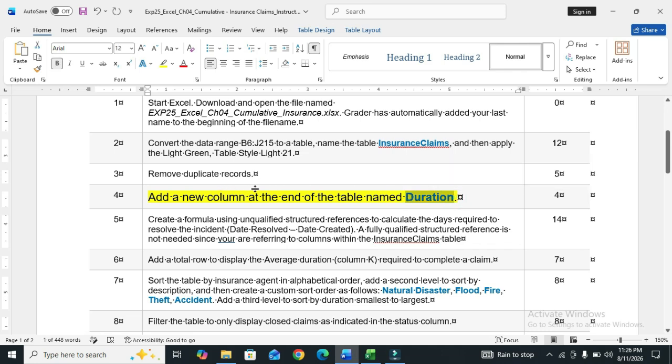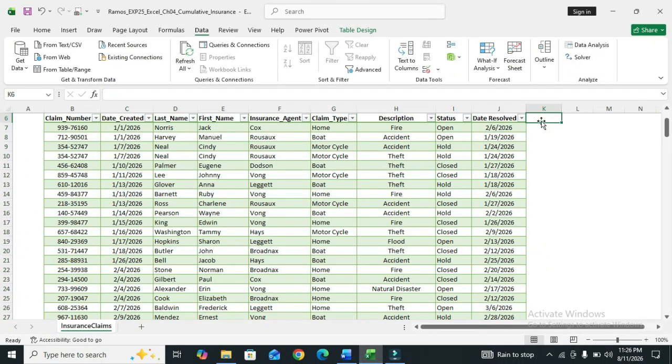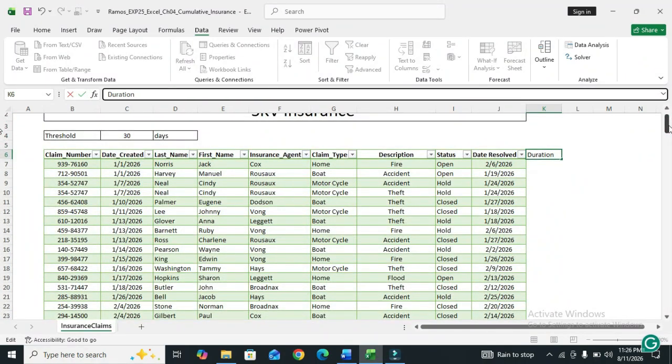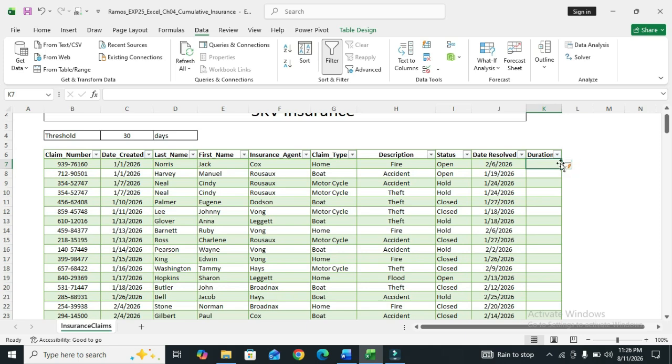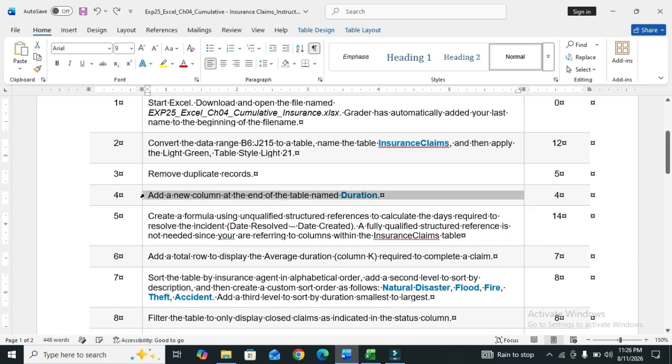So go to the Excel file and at the end of the table click on this and simply paste the name and press enter. So the column is created. So step number 4 has been done. So we move to step number 5.